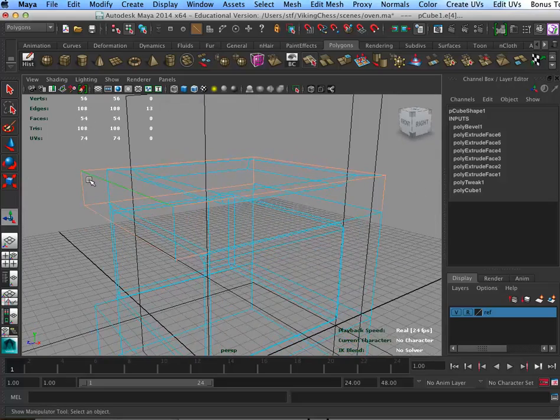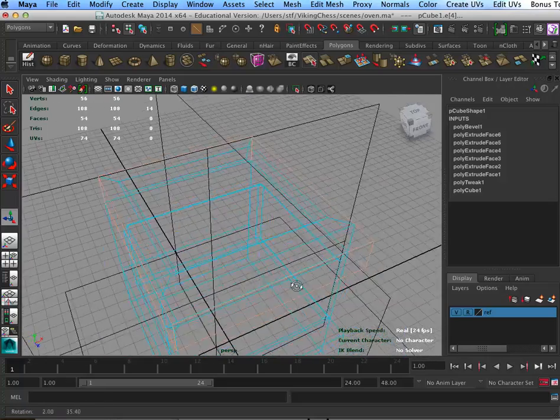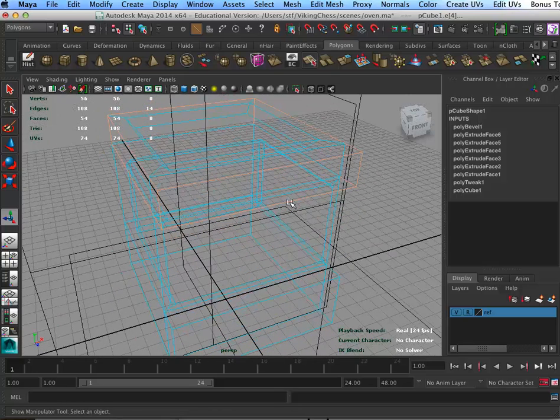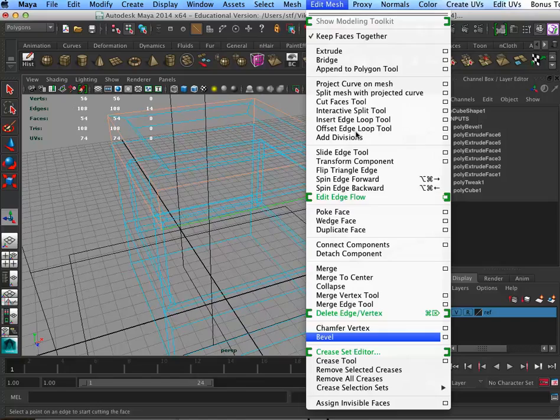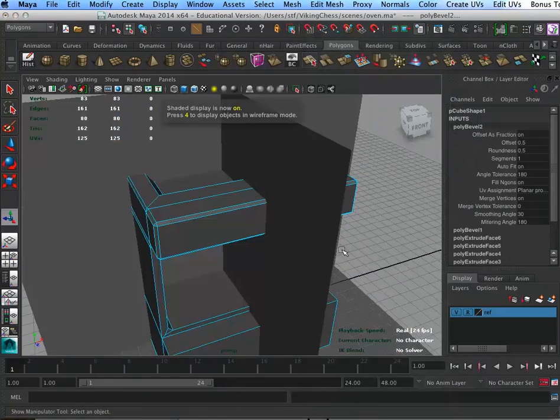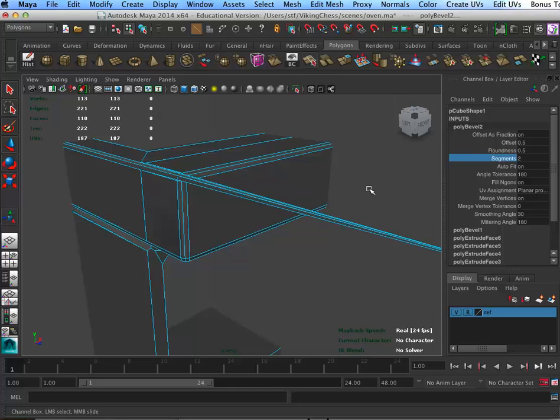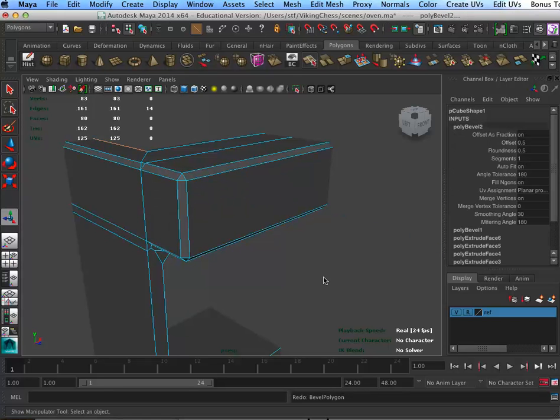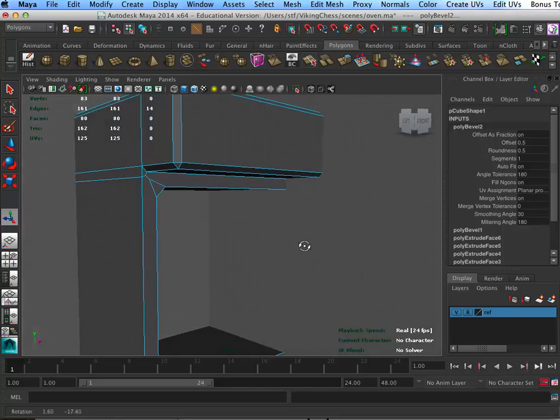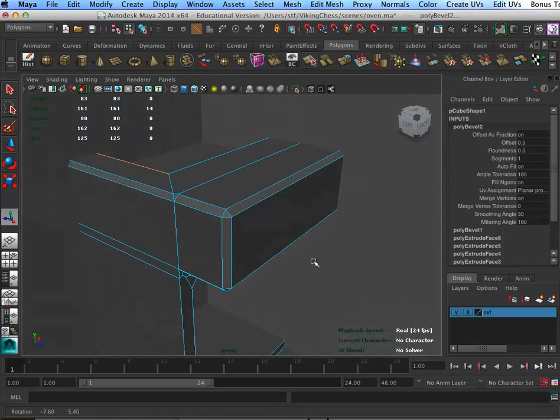Oops, these guys have gotten lost. So there's a lot of checking to do. And then I will do the bevel again. So edit mesh, bevel, boom. Okay, so that's looking hideous. So I'm just going to go out here, and I'm just going to up the segments. Oh, no, it's not liking that. Ooh, all right. Weird. It's not liking it. All right, well,